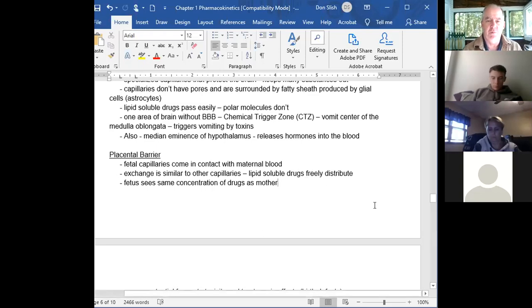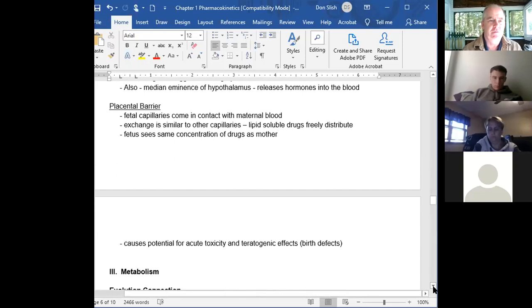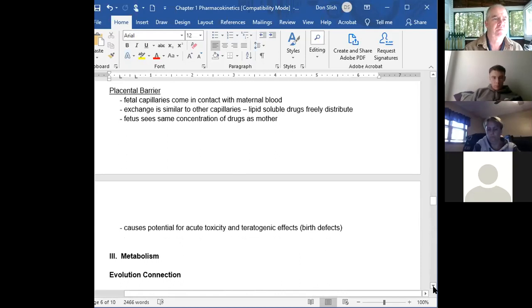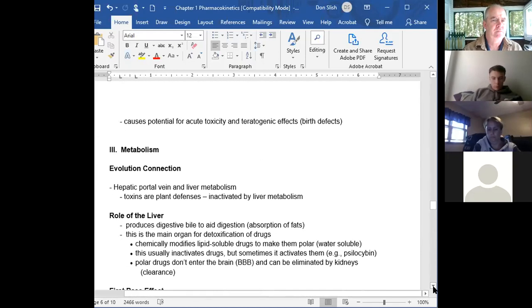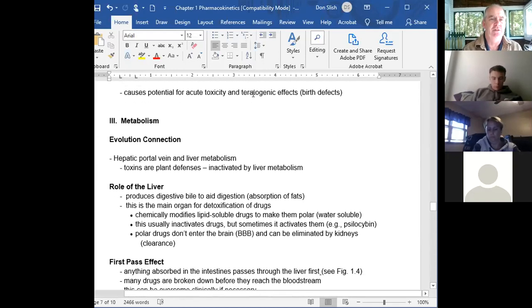So basically, if you're pregnant, any drugs you're taking, your fetus will be taking as well. And that's where we get into teratogenicity. So teratogenicity means birth defects. Okay,